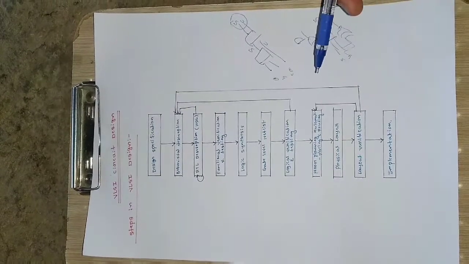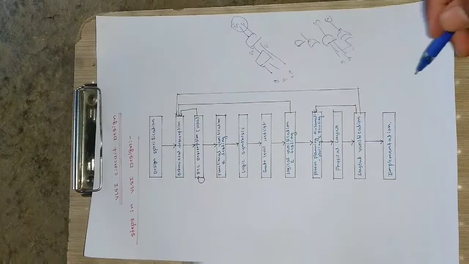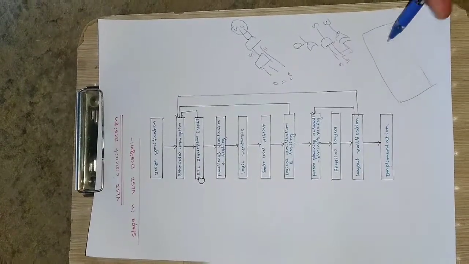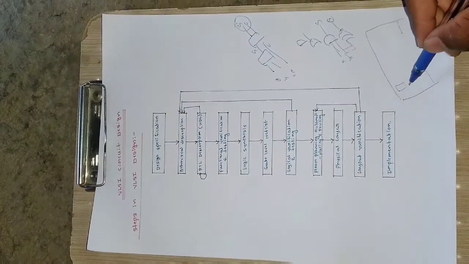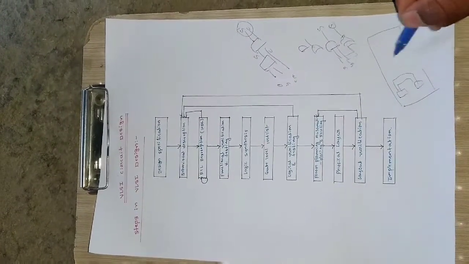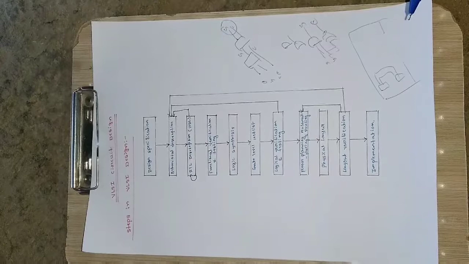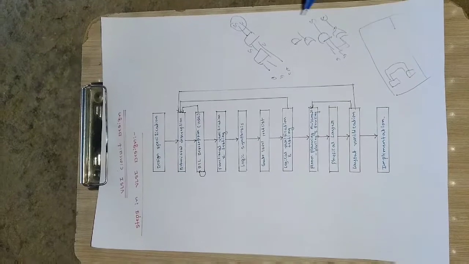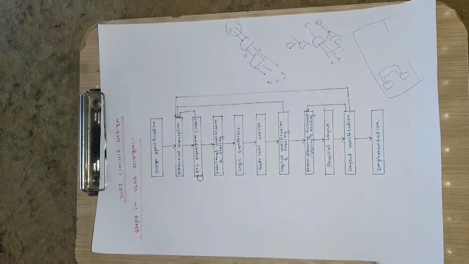So the next step is floor planning, automatic placing and routing. This is the process which is involved on the PCB. If this is a PCB, then we need to put some diodes and resistors or the gates here. Floor planning means the AND gate will be sitting here, the OR gate will be sitting here, and the PCB connection will be running like this. So floor planning means a rough design is done, where the appropriate places for all the different components will be defined. How they are sitting on the PCB is basically discussed in floor planning. It's just like planning our home design before we construct the actual home.